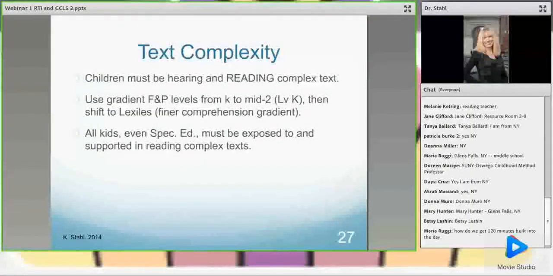The next shift is text complexity. Children must be hearing and reading complex text. I think that it's a good idea to use the gradient, Fountas and Pinnell levels, or some other level like that, that takes in qualitative factors of how children learn how to read in kindergarten through mid-second grade. However, I do believe that by the time children get to that mid-second grade level, and certainly in grades 3 and above, we really need to shift to lexiles to determine their